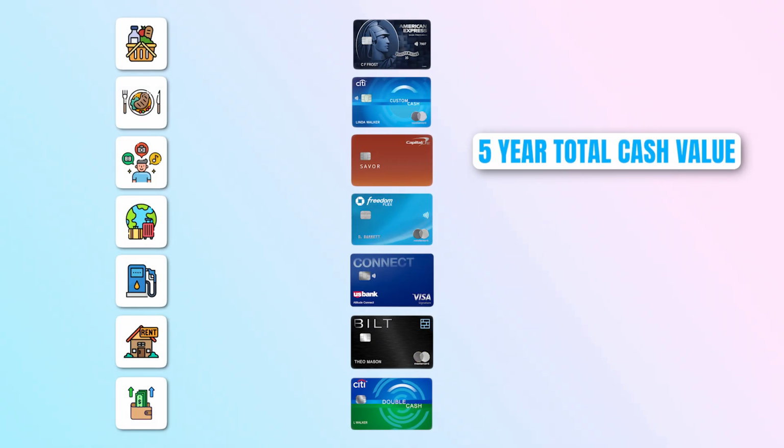So what does this crazy wallet setup actually mean in cash value? Well, you already heard the numbers for year 1 with the sign-up bonuses and the numbers for year 2 and beyond as I went through each card. But let's look at 5 years. That would include that initial bump from the bonus, but also when you've just settled into using this crazy wallet setup, how much back in value it can return. Spending in the categories we talked about, at the average American spending level, you would expect to earn using this exact wallet strategy,